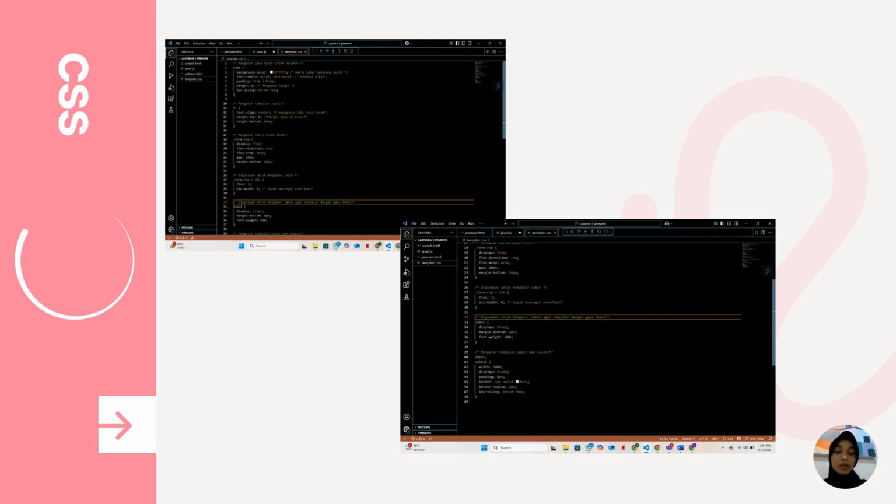Finally, all input and select elements are styled to fill the full width of their container. They include internal padding for spacing, have a light gray border, slightly rounded corners for a modern look, and use box-sizing border-box to include padding and border in their total width. Conclusion. Okay, thank you.